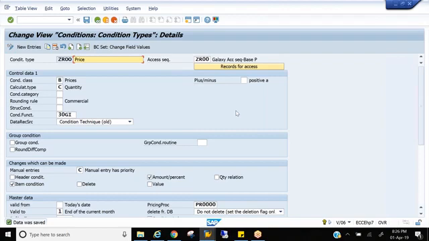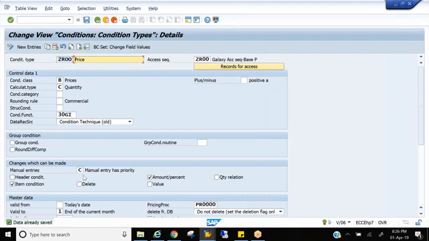Praveen, one more question. Yeah. We created table 831, but in the access sequence you put 4 and 5. No, I just took 831 to show you. I don't want to create that because we already have the same combination of tables, as I told you. To make you understand how to create a table, I took the 831 scenario. But for the access sequence, I just put the standard tables available with SAP, that is 4 and 5. So we assigned the access sequence to the condition type here and we saved it.